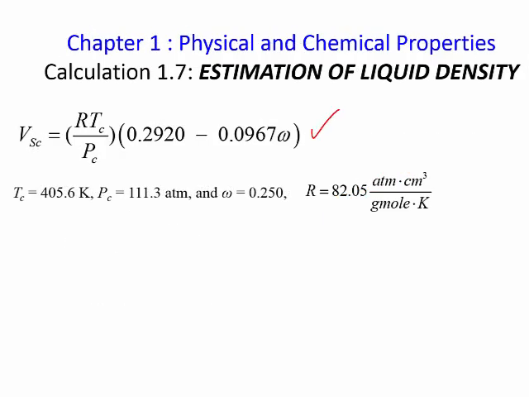VSC is given by this correlation. If we assume a critical temperature of 405.6 Kelvin and a critical pressure of 111.3 atmosphere for ammonia, and using the eccentric factor that we saw earlier, and also the gas constant R of 82.05 atm·cm³/gmol·K, then we can calculate VSC as